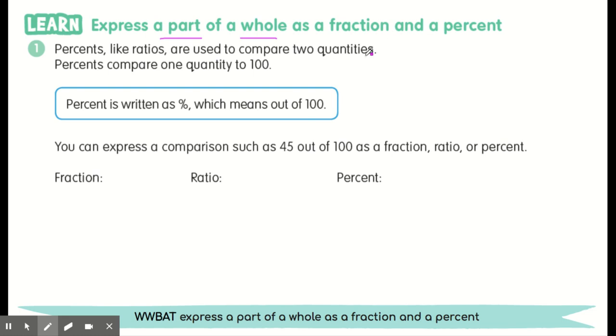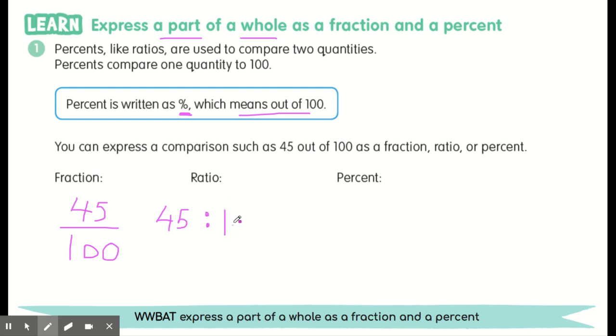So let's say we are comparing one quantity to 100. We can use percent, written out as this symbol, which means out of 100. Now, for example, if I have 45 students out of 100 who pass the test, I can write it out as a fraction. So 45 out of 100 students pass the test. I can also write it out as a ratio. So 45%,